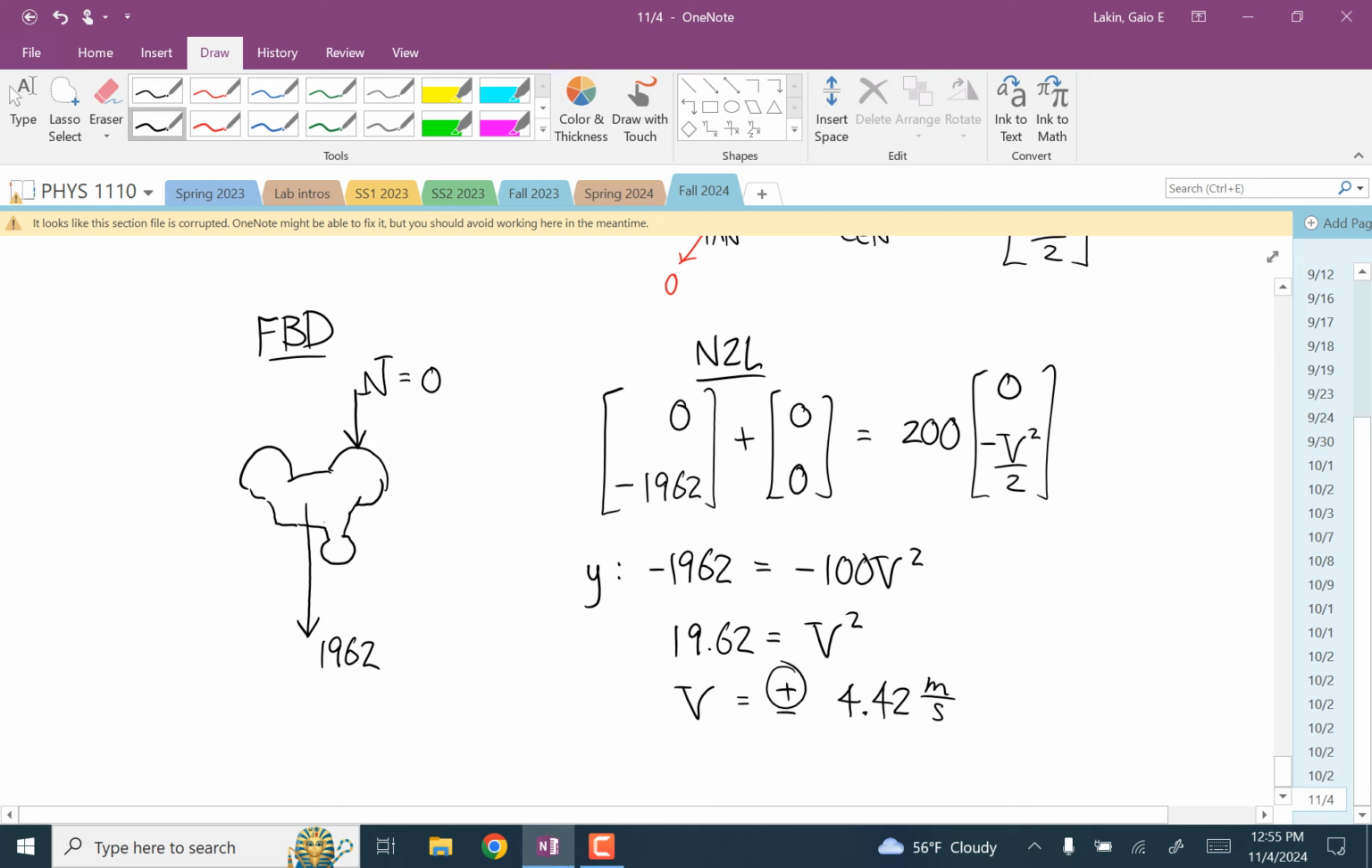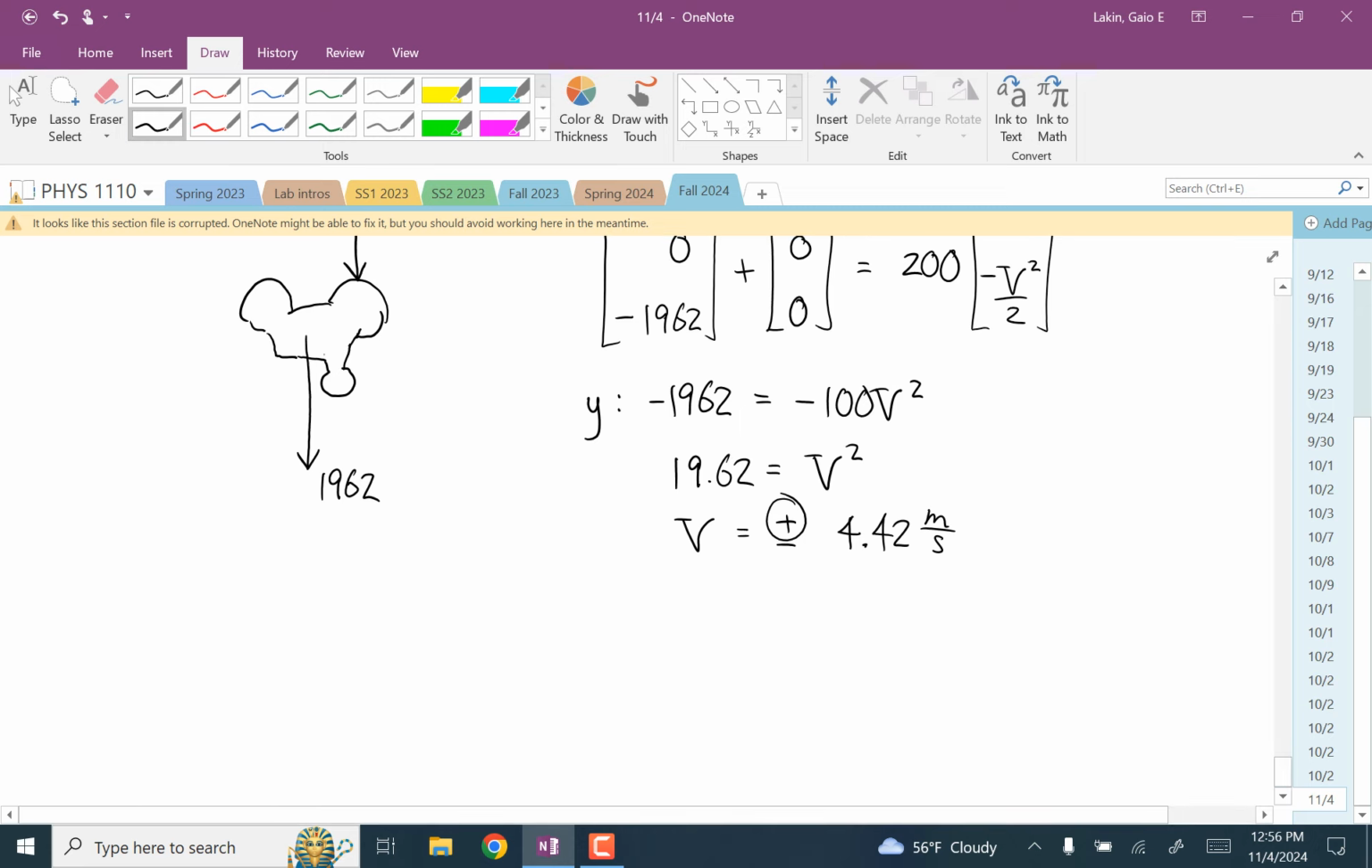So for a loop-de-loop with a radius of 2 meters, this thing at the top needs to be going at least, that's right around 10 miles per hour. If it's going any slower than 10 miles per hour, it'll fall off the track. Any questions about that? Okay,